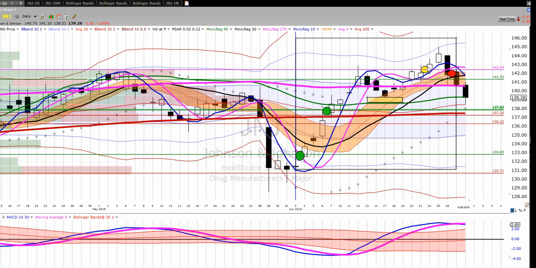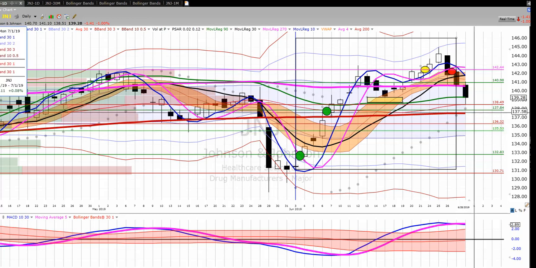2 scoops long on Johnson. I missed an entry here for the 3rd one. That would have scratched anywhere where I exited. So I missed getting short, but I really didn't like this short. So I will get long here, short here, and